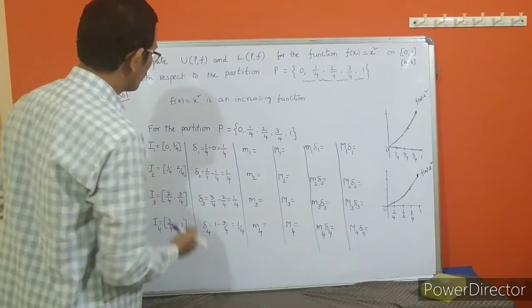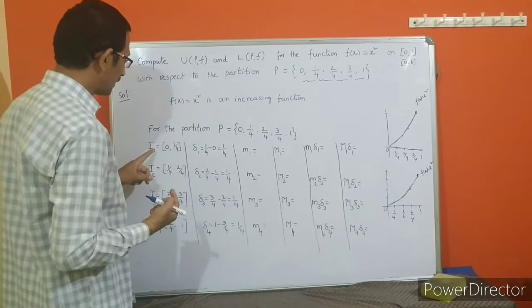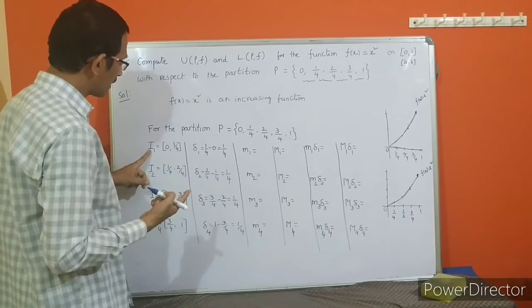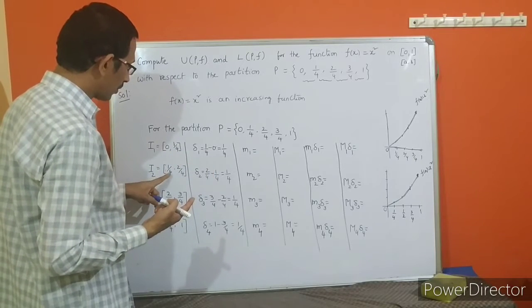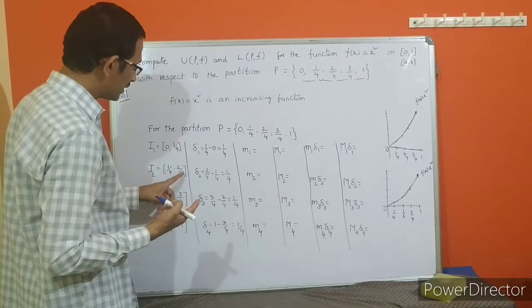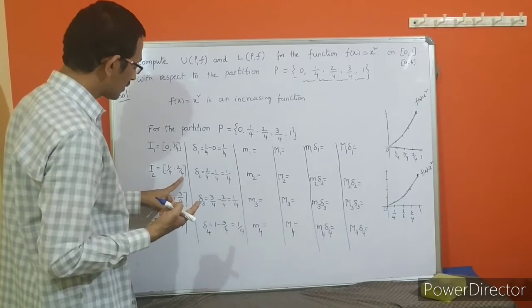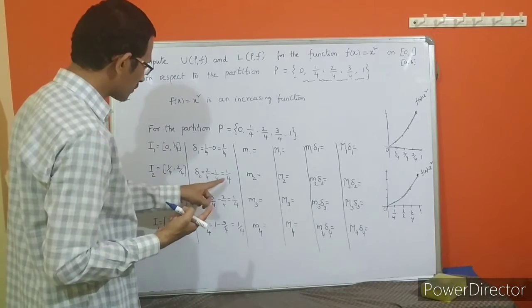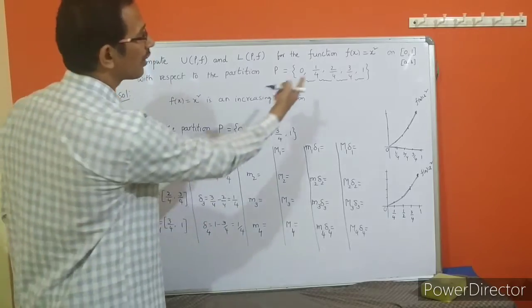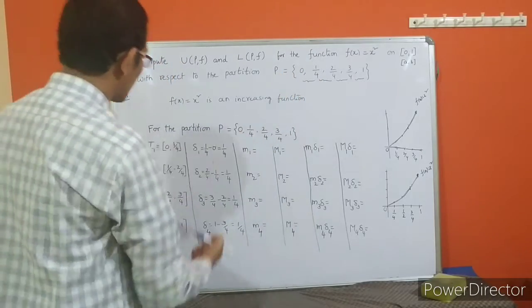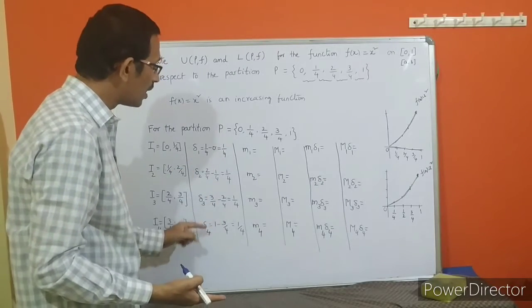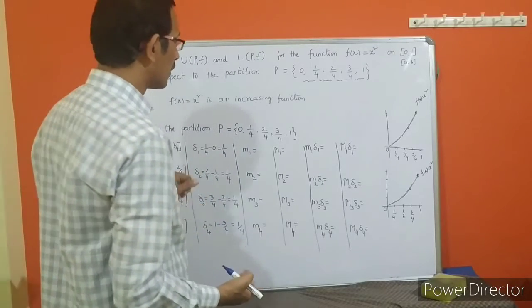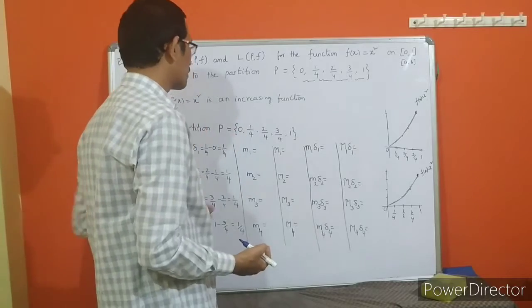Right. Now, delta 1, what is delta 1? The length of this interval. How do you find the length of this subinterval? 1/4 minus 0, that is 1/4. Similarly, I2 is 1/4 to 2/4, and the length of this interval, delta 2, is 2/4 minus 1/4. So as we already discussed, the length of each subinterval is 1/4. So delta 1 is 1/4, delta 2 is the same, delta 3 is the same, delta 4 is also 1/4. Now the important portion is here.